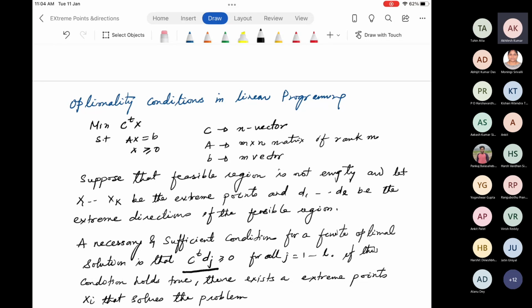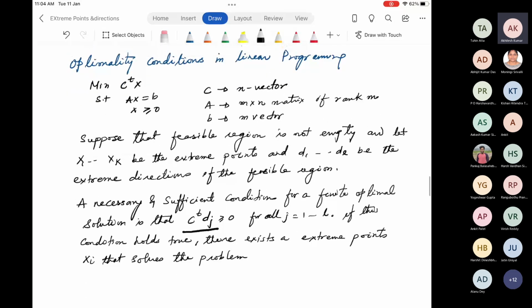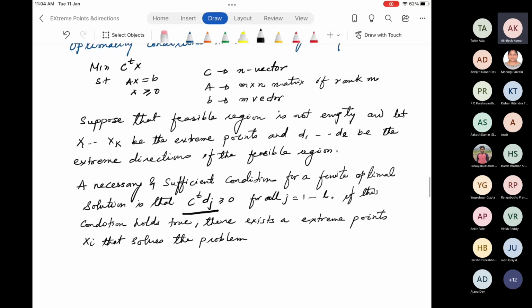So this is the optimality condition for linear programming, and based on that, all the stuff which you have studied, how it works and all that, its basis is your extreme points and extreme directions. More you can study on your own. I will not enter into the simplex part, but now you understand extreme directions and extreme points. If you remember, what is the maximum number of corner points or extreme points possible?